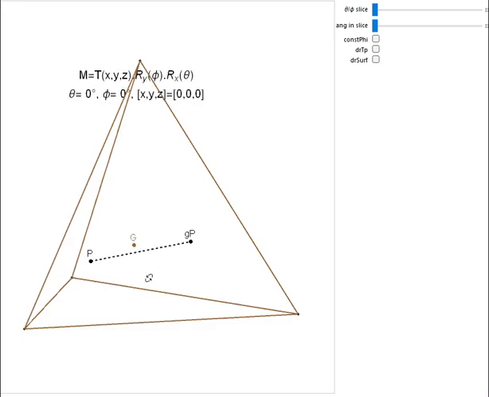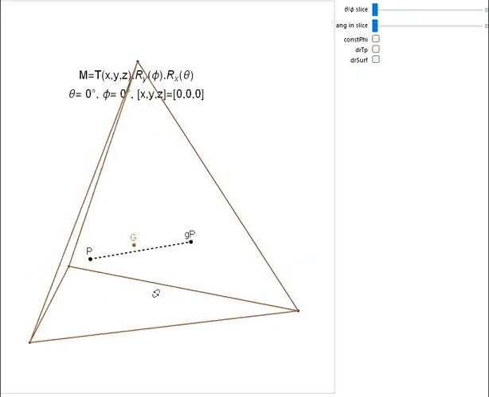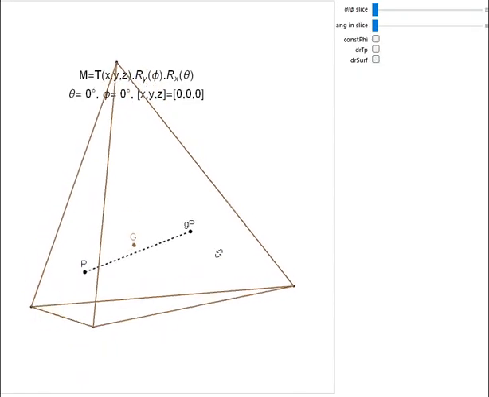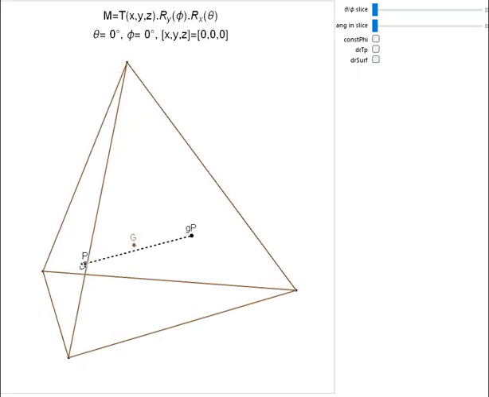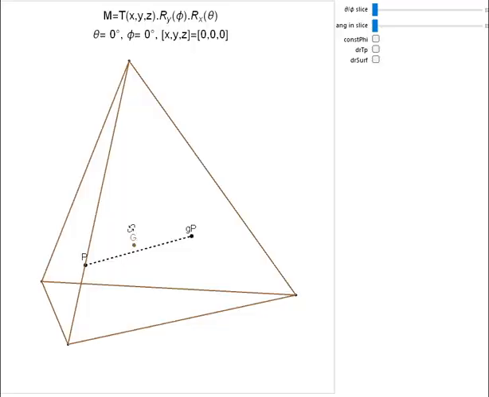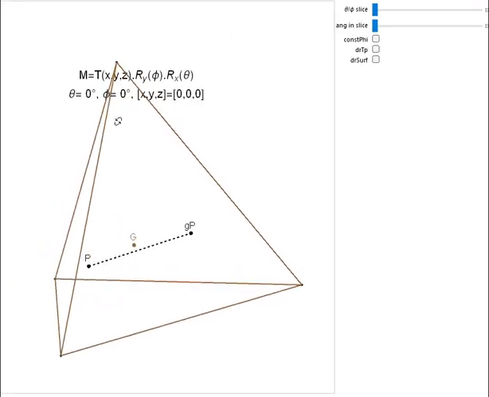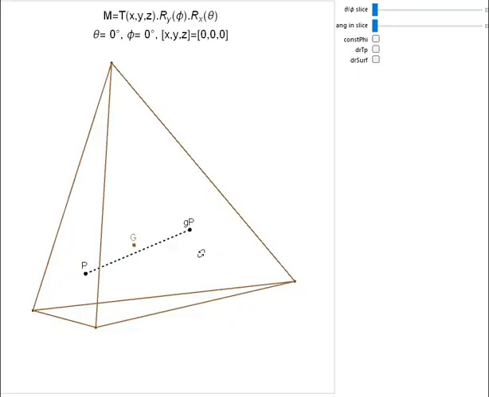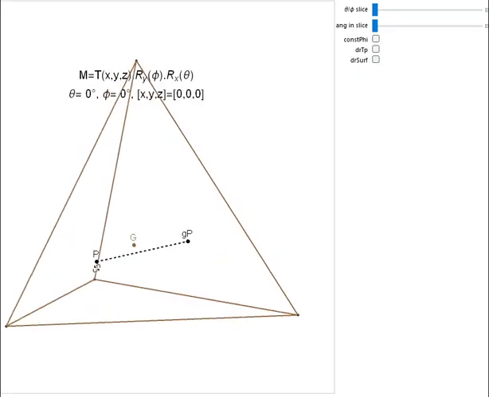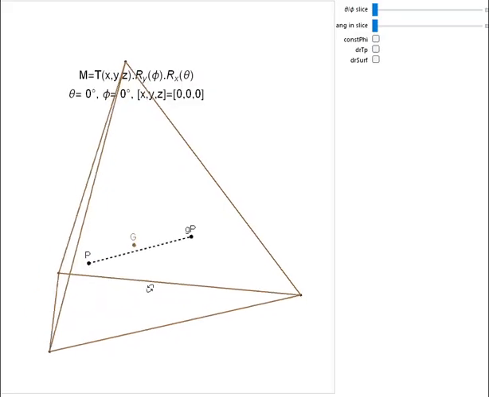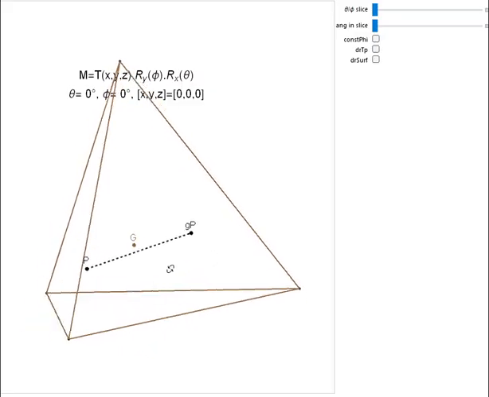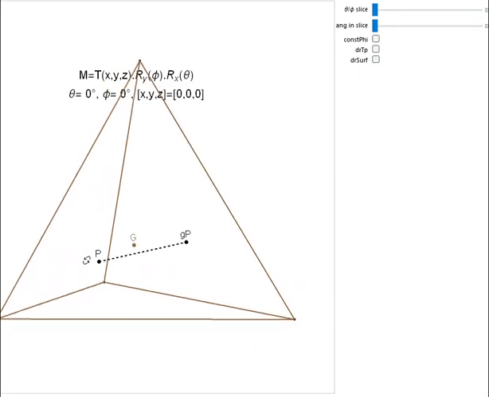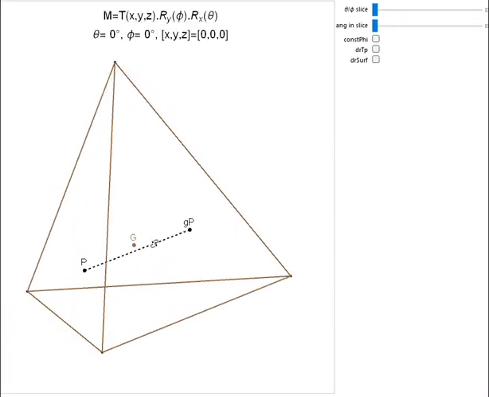Okay, so the story starts with, in this case, a regular tetrahedron without loss of generality, and some point P chosen in its interior. G actually represents the centroid of this tetrahedron. And GP is the isogonal conjugate of P with respect to this tetrahedron. In this case, P is interior to the tetrahedron, but it's without loss of generality. I'm just drawing a line that connects them two here